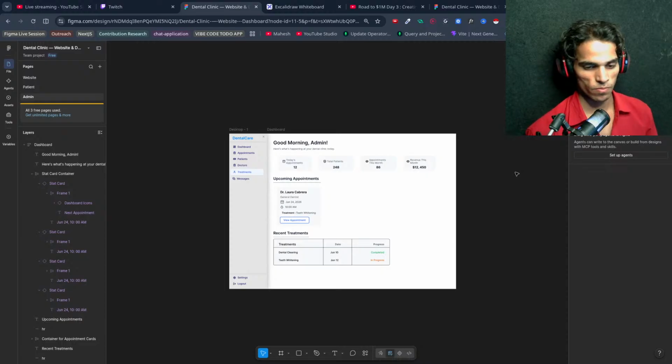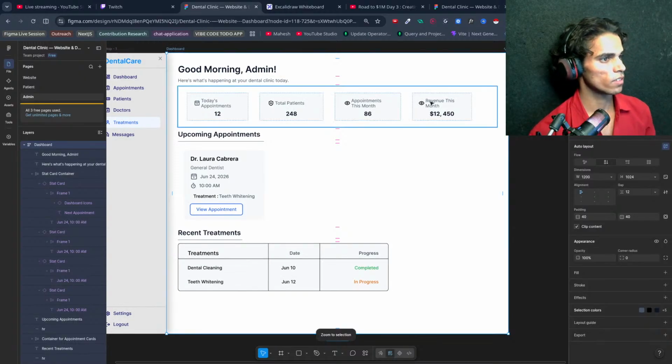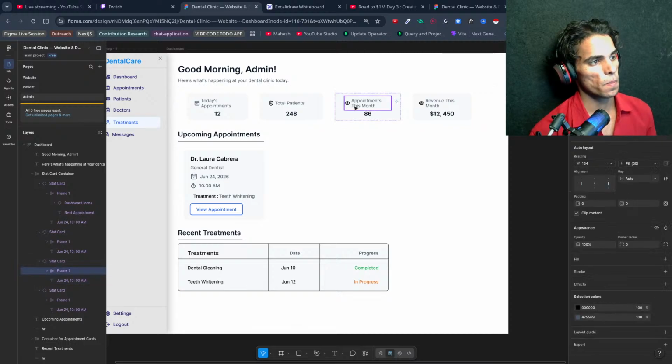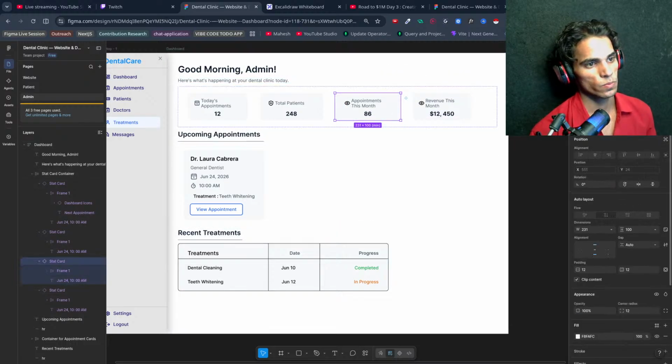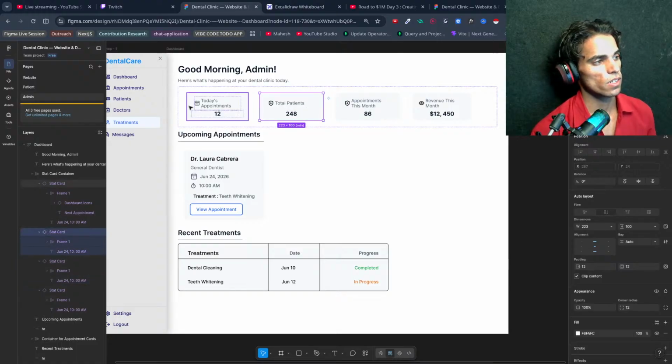Okay, now what I want next, revenue this month. We can also change the icon here. Okay, for revenue there is no revenue type icon. For appointment this month, I can change the icon to appointment, circle check, timer, seal plus. Okay, and total patients, today's appointment, this is okay.